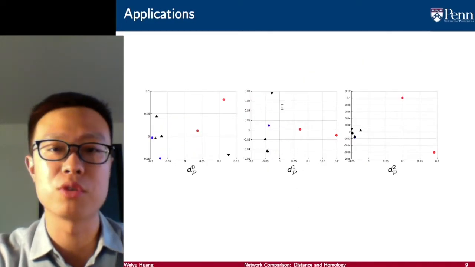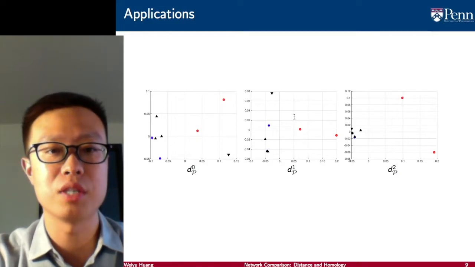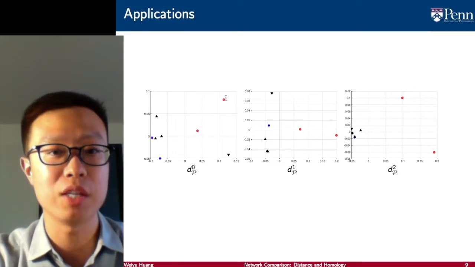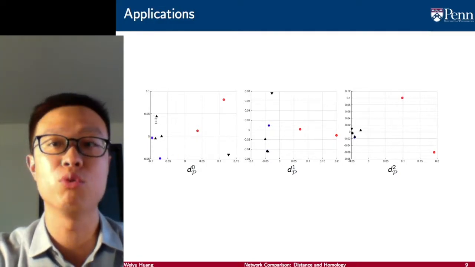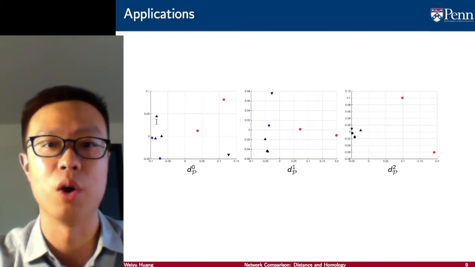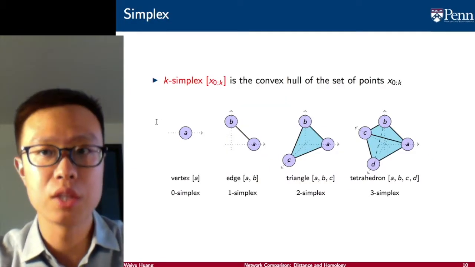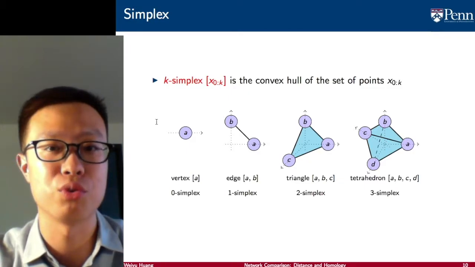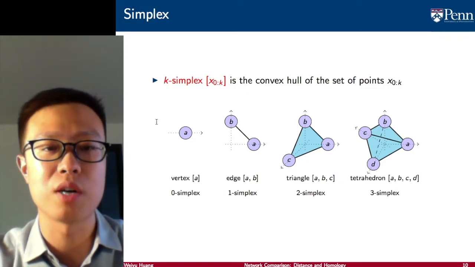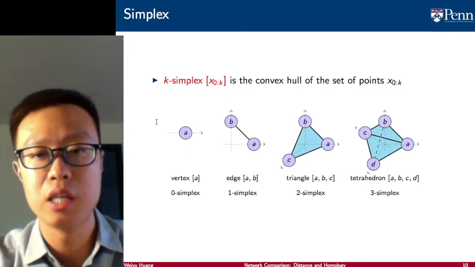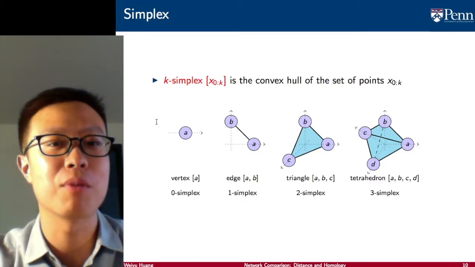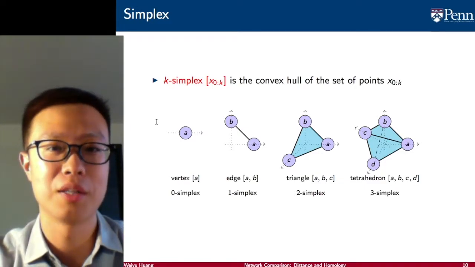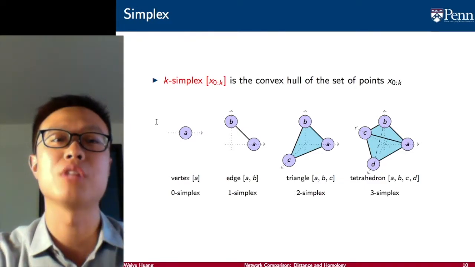This is the multidimensional scaling of the result, and we see the networks from Martin Vetterli, the red nodes, are different from the networks of Georgios Giannakis, which are either the black ones or the blue ones, depending on whether it's a 2-year or 5-year network. The network metric is a very useful tool. However, because we need to consider all the correspondences, it's very hard to evaluate when the networks are large. Therefore, we want some computationally efficient tools that can generalize to a large number of nodes.